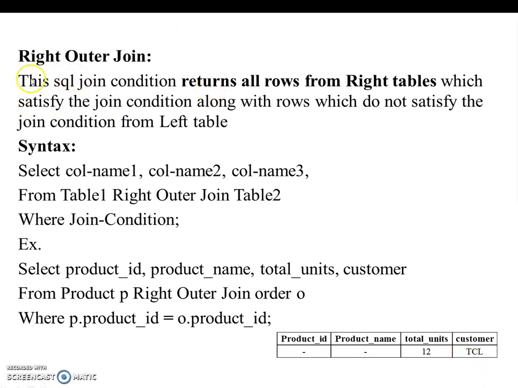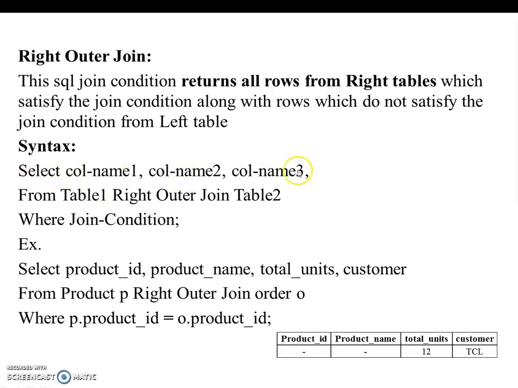As usual, same as what is performed in a left outer join, the same case applies for a right outer join, but here the result will be taken from the right table, or right hand side table. It returns all the rows from the right table which get matched, but it will not return the result which is not available in the left side table. And the syntax is similar. Instead of left outer join, here it is a right outer join.